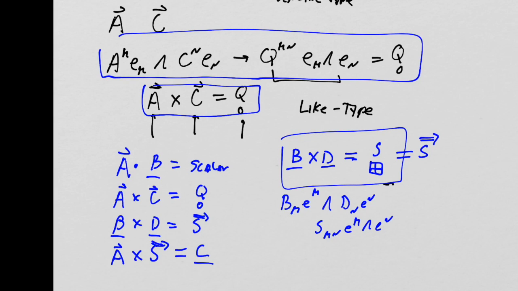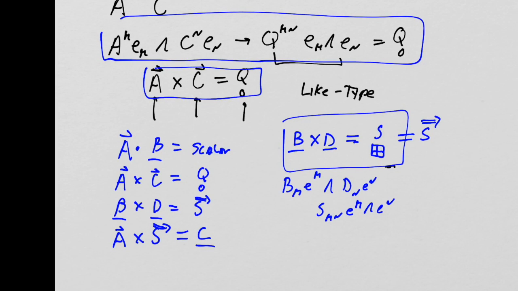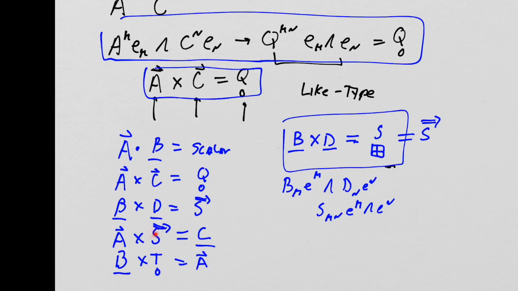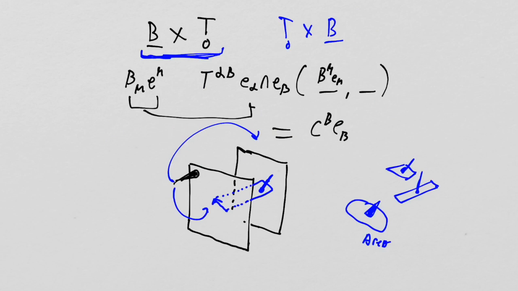So we should write that in our list of things here, I guess. We would write B stack cross T thumbtack equals a arrow. All right. So, what about the dot products? I guess I've only gotten one scalar product in here. We should look at the rest of the dot products. All right, so what can we do with a thumbtack and an arrow? Thumbtack and an arrow. I don't think that's on our list yet. Thumbtack and arrow. No, it's not. So with a thumbtack and an arrow,